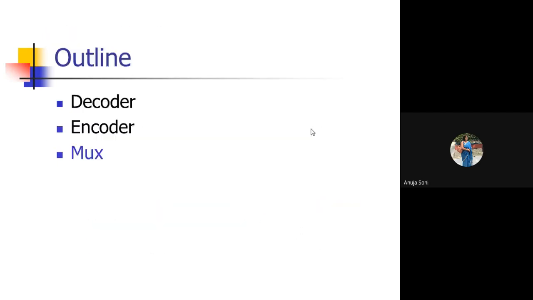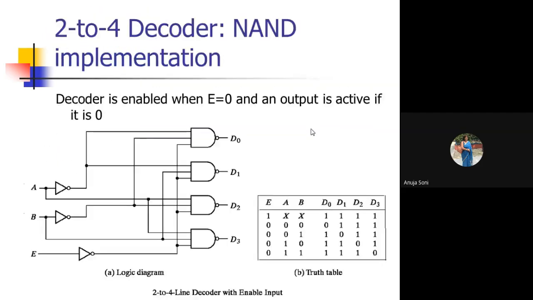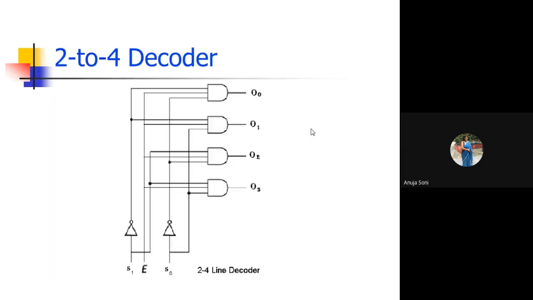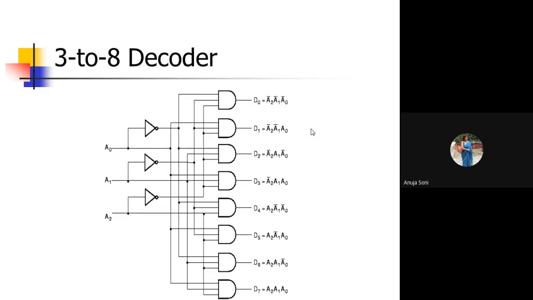All three questions you have to submit. Which three questions based on the decoder? You have to draw the logic circuit diagram of a 2:4 decoder. First of all, you have to define the decoder, and then draw the logic circuit diagram of the 2:4 decoder using AND gates as well as NAND gates. Two separate questions. And also draw the truth table. As well as draw the logic circuit diagram of a 3:8 decoder and its truth table, and submit it to me as an assignment.